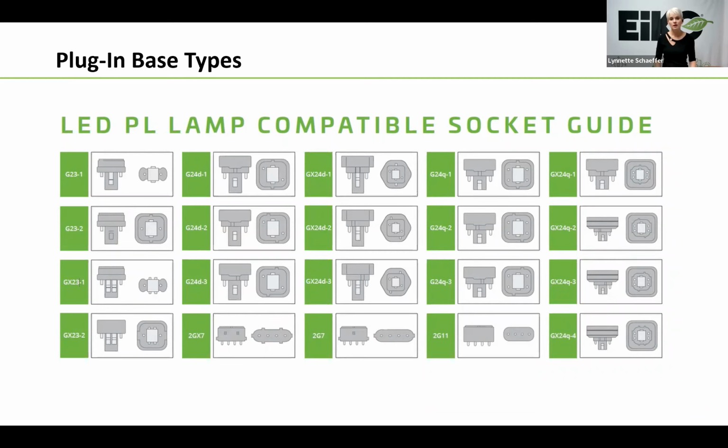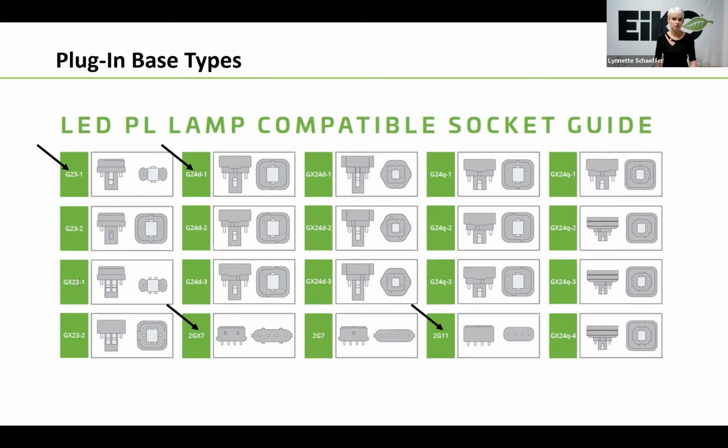So specifically, compact fluorescent plug-in base types can be a little bit more difficult, but there are a few things that can maybe help a little bit. So the first one, which I found actually pretty interesting, I just learned about not too long ago. When you look at these different base types, the 2G7, the G23, the G24, and the GX32 are measured